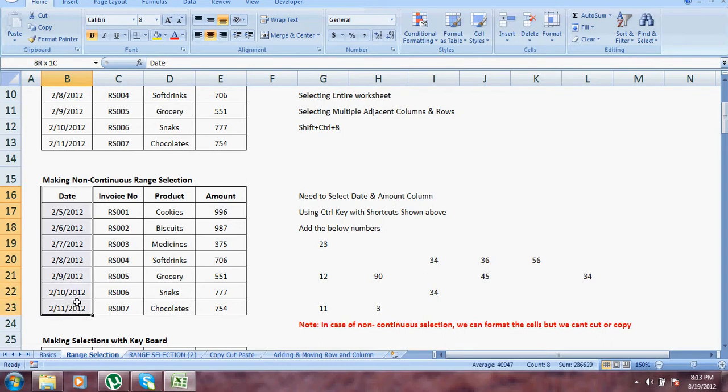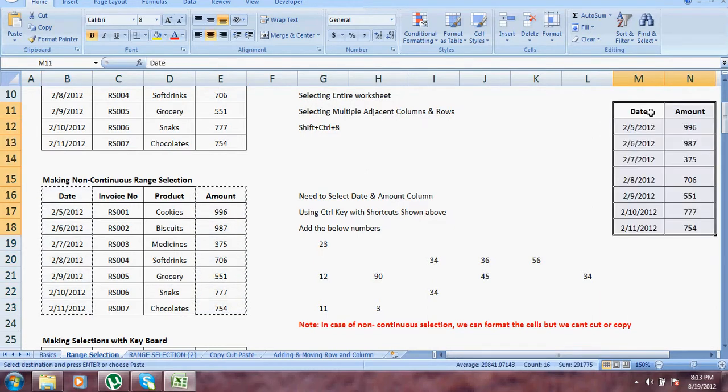Just select this thing, control, and then you can select this thing. If you want to copy it, control C and paste it over here, control V. So date and amount column is being copied. So this was regarding selecting the non-continuous range. You can again use the control key with the shortcuts shown above.